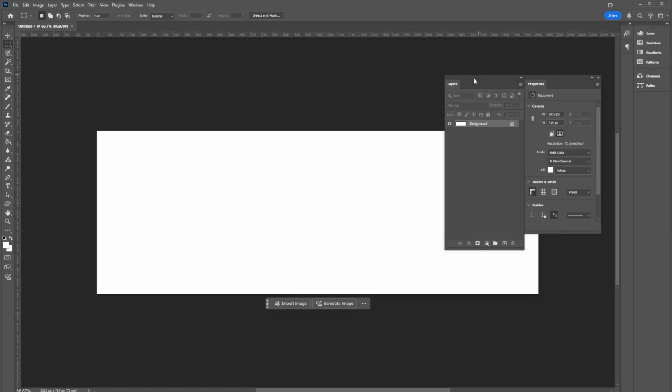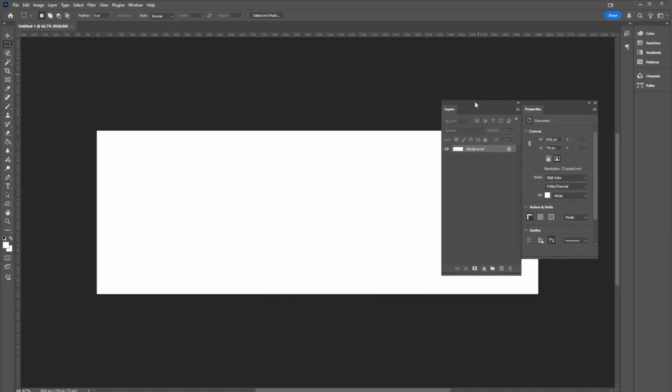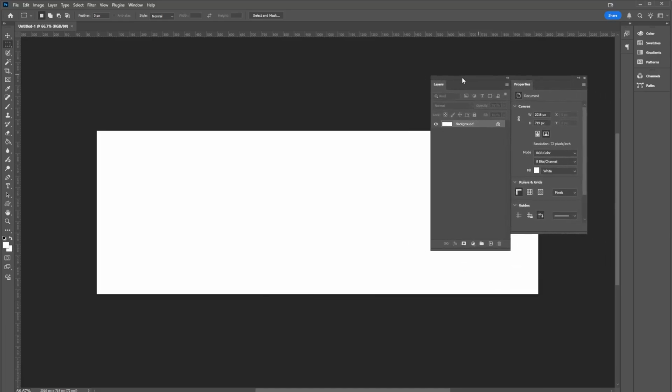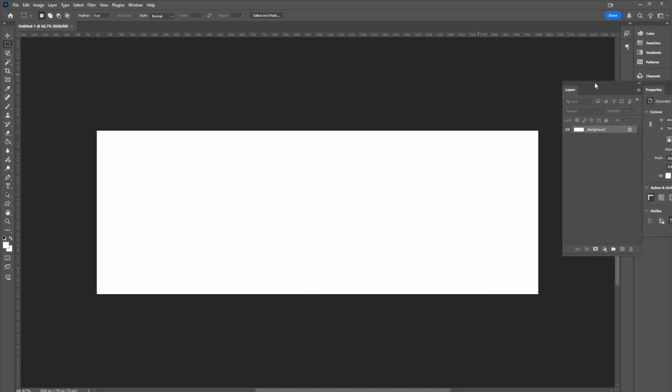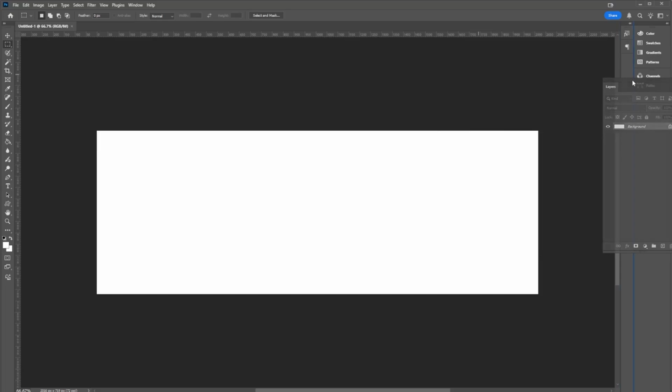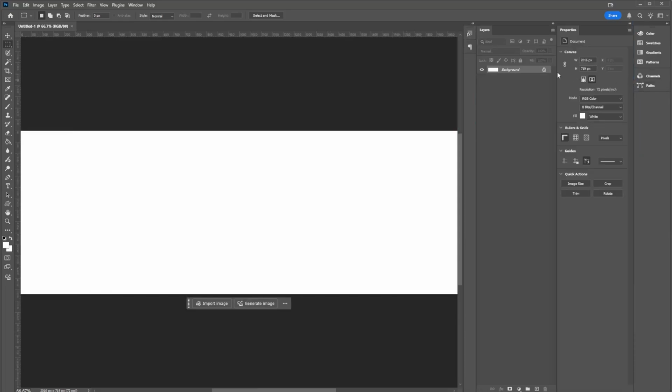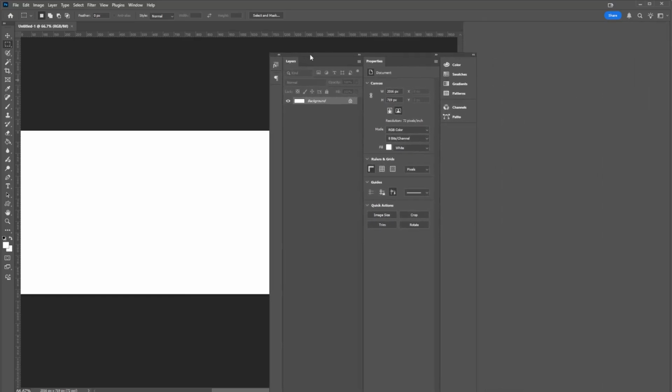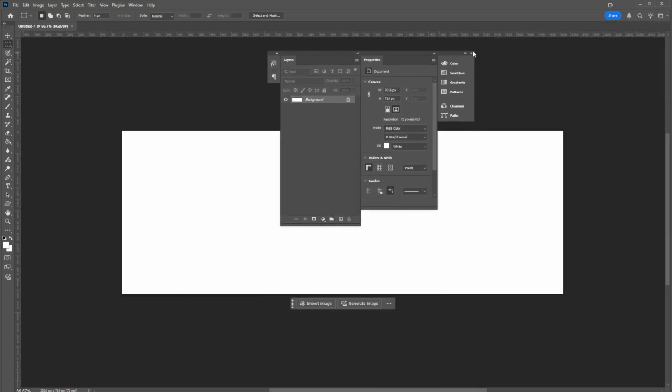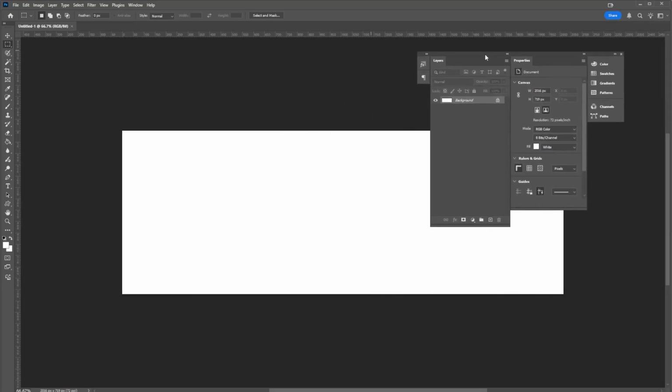Now, one of the big differences I always talk about during my demos are my panels here. You can see I have my Layers and Properties panel broken off, and usually these are attached. And if I drag them over to the side, they will attach once again to the side. And this might be what it looks like for you. Personally, I like to click these, drag them, break them off, just so I can move them around easier as I'm doing work.